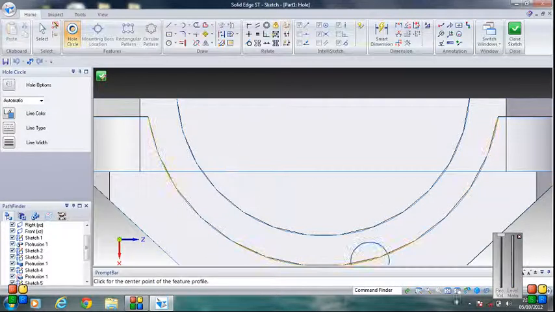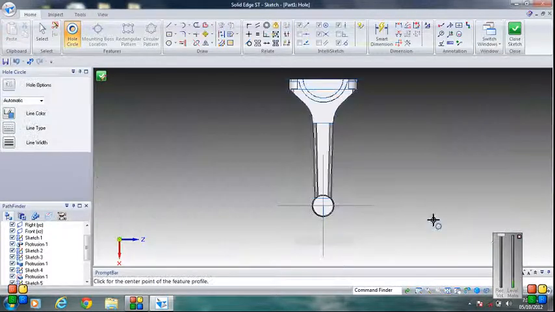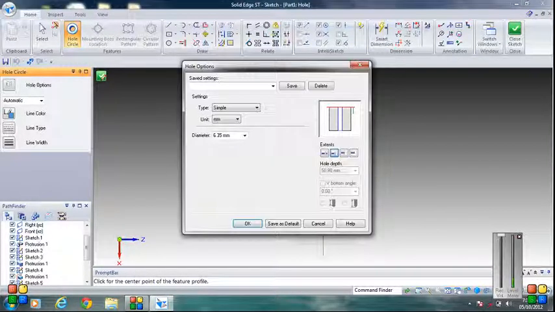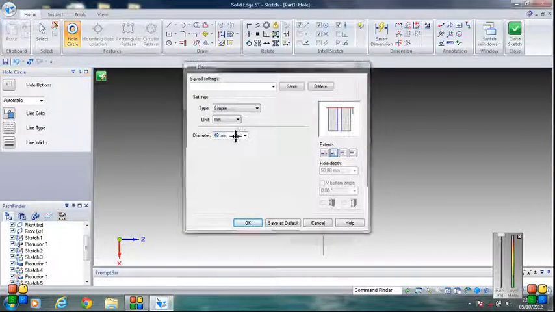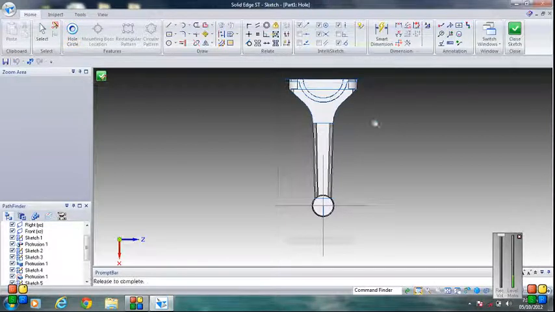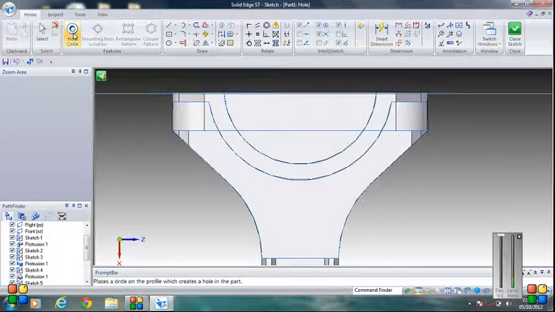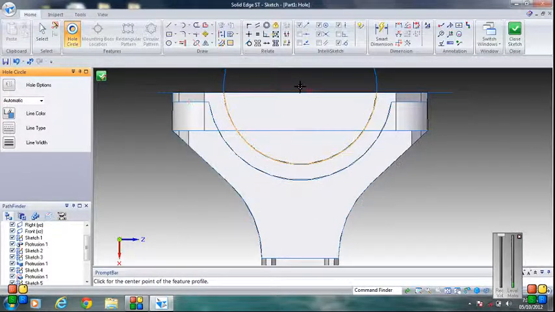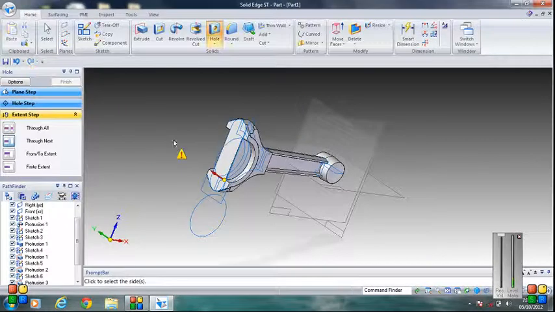Okay, then fit it, then go to hole option, diameter of the hole is 48, enter, then zoom window, then go to hole circle, take the center point of this. Okay, then close sketch, then cut it.